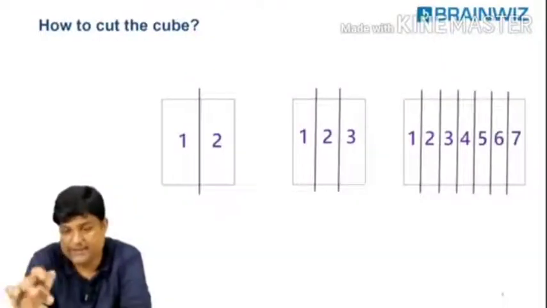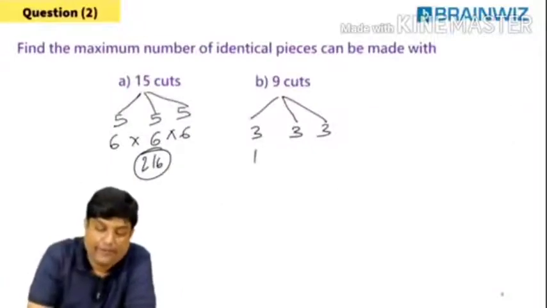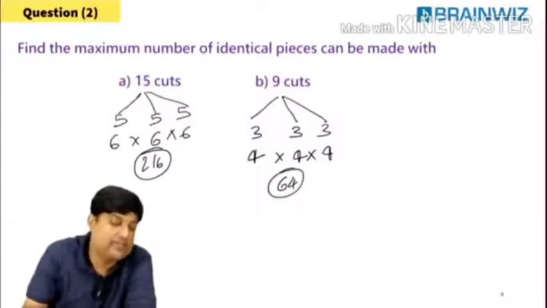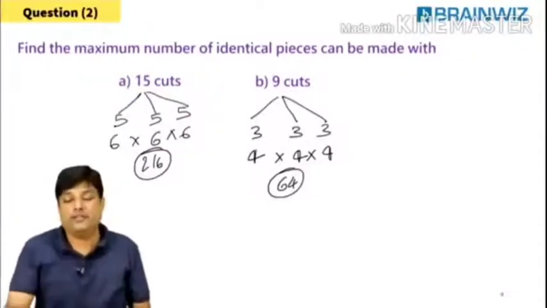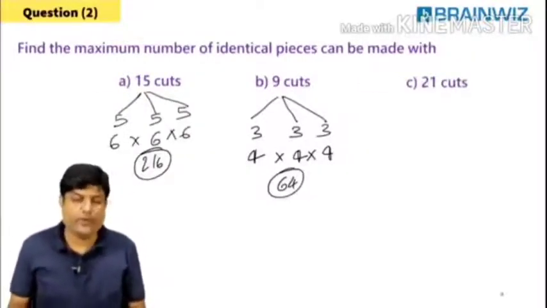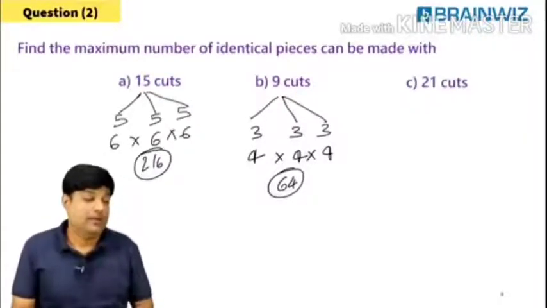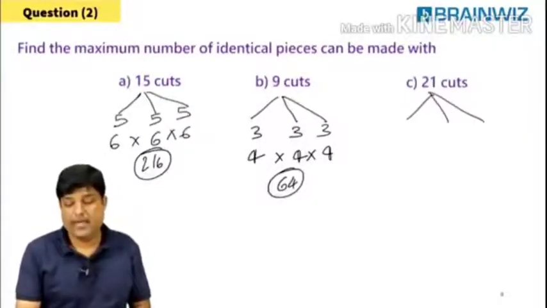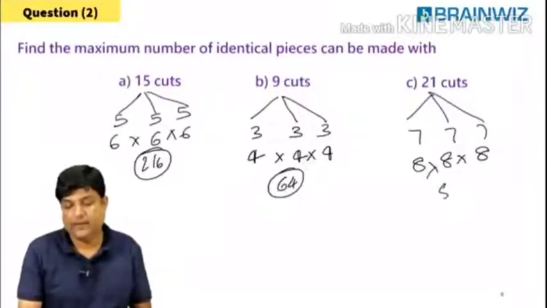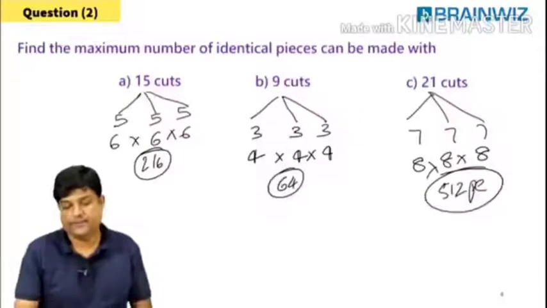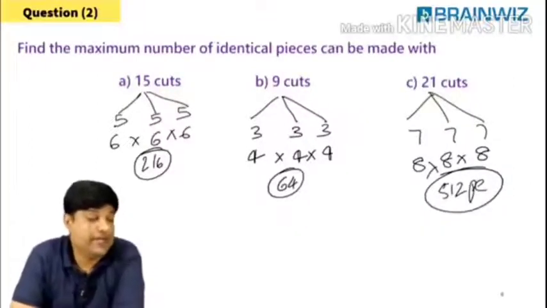We have learned the basics. 4, 4, 4. Tell me, how much? 64. So this is the way we are supposed to do it. Hopefully everybody is doing right. Do one more question and make it faster, everyone. Following everybody, how are you going to say here? 7, 7, 7. 8, 8, 8, 8 cubed is how much? 512 pieces. That's good. Everybody is learning that.